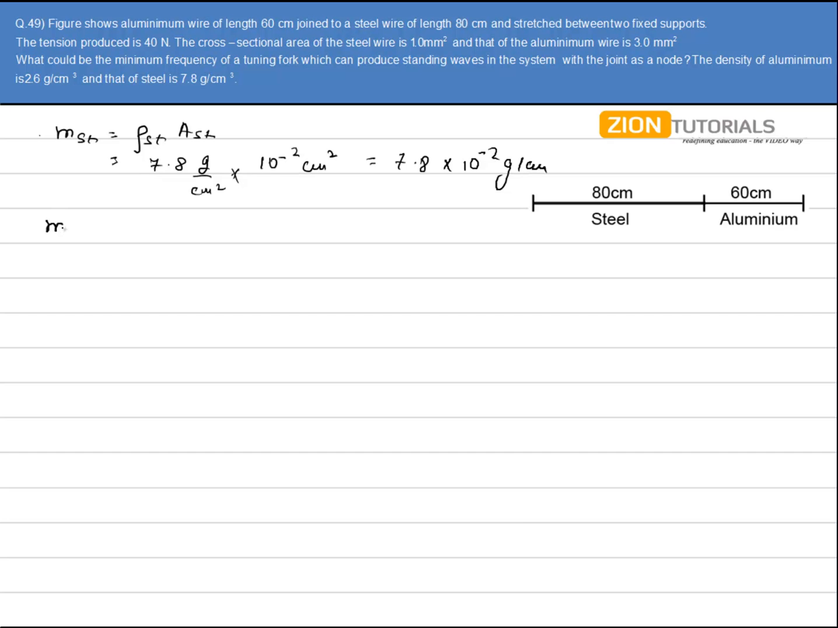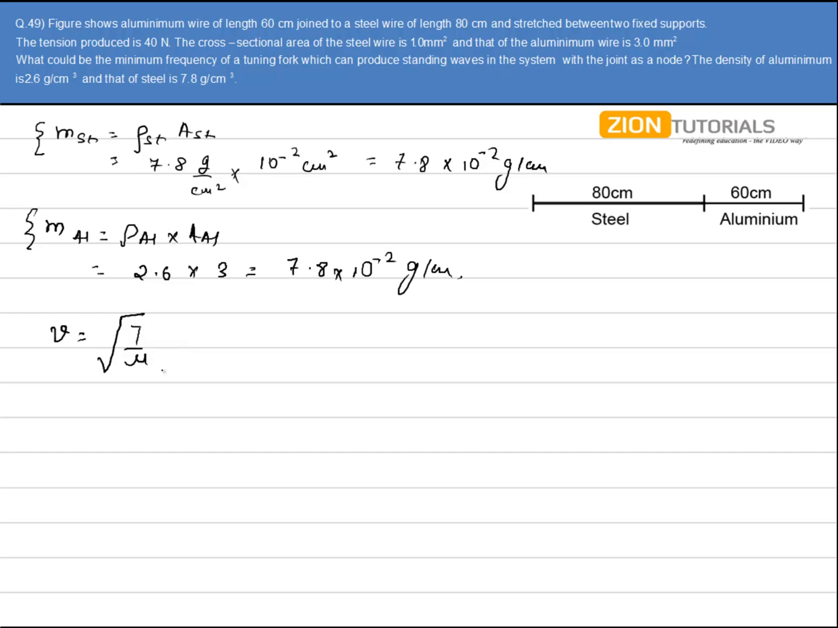Similarly for aluminium, it will be rho of aluminium into area of cross section of aluminium. So it is 2.6 into 3. So it also comes out to be 7.8 into 10 to the minus 2 gram per centimeter. Now it is clearly visible that mass per unit length of steel is equal to that of aluminium. So the wave speed will be given by under root of T by mu. Now in steel as well as in aluminium, T is same, mass per unit length, that is mass density, is also same. So the wave speed of steel as well as aluminium will be the same, and that comes out to be